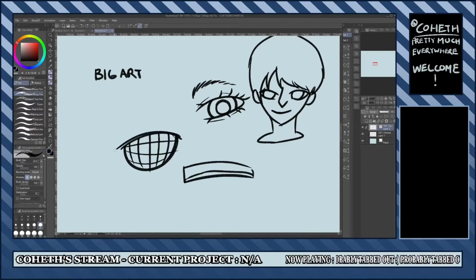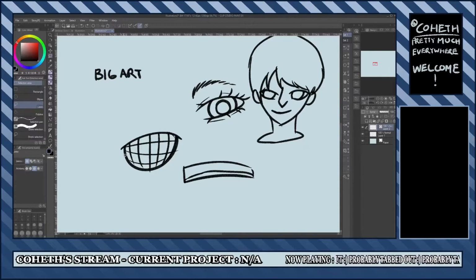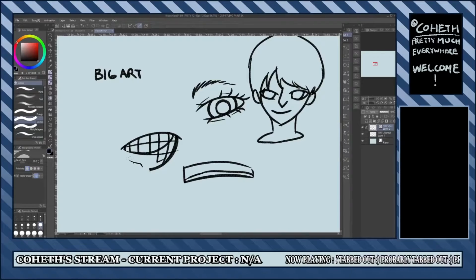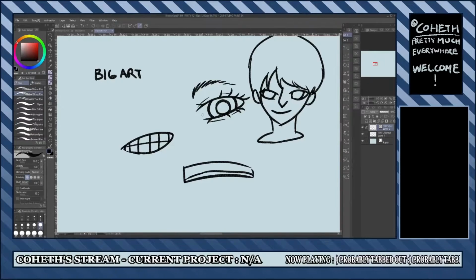Because if there were no eye there, it would just be flat. It would just be a straight line because it is a plane that needs to interact with something. And if you know this about the construction of an eye, you can then draw many eyes, right? You no longer need a tutorial that says this is specifically how you draw an eye, because you know what the eye is, right?